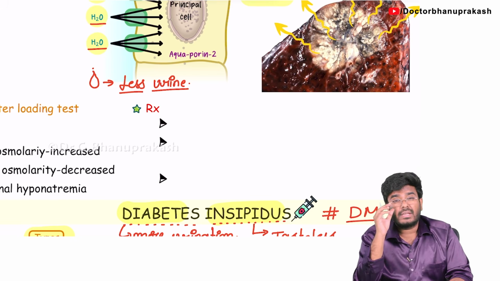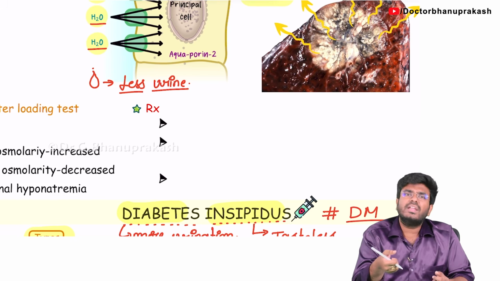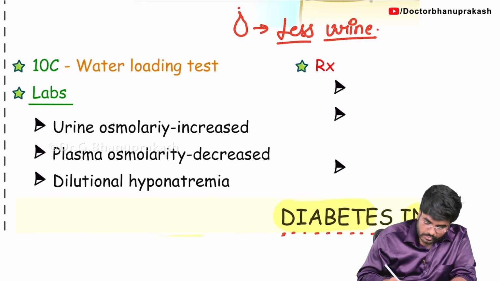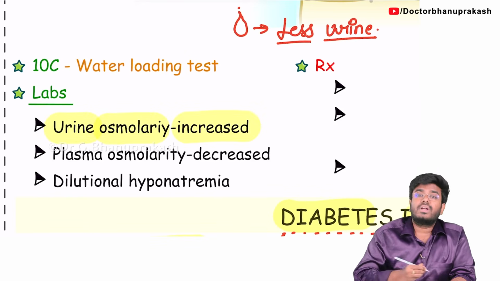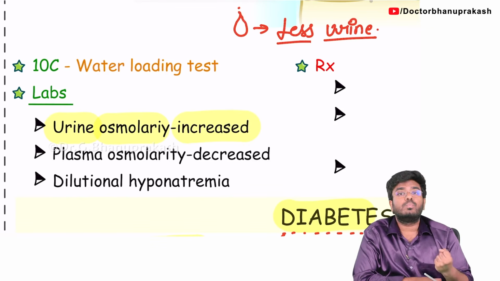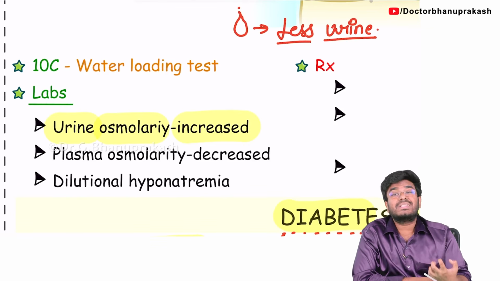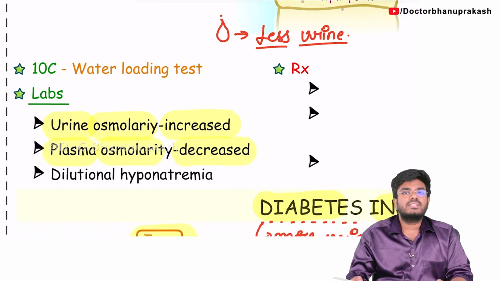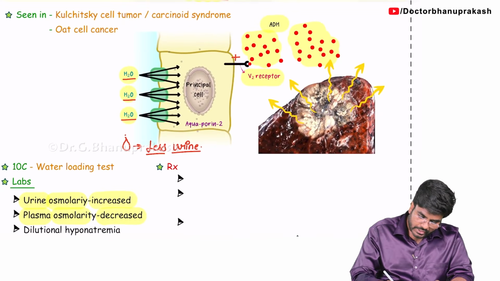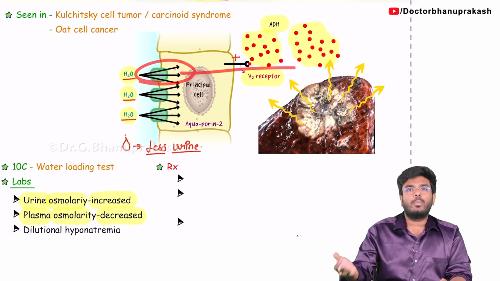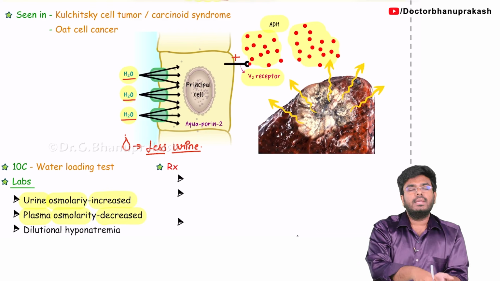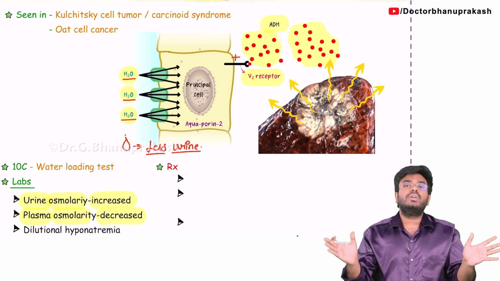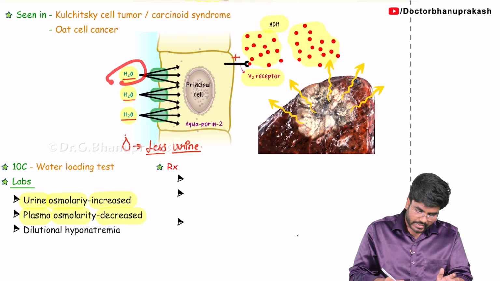And how will this urine be? The urine will be diluted or concentrated? It will be definitely concentrated urine. So, if you look at the lab values, the urine will be concentrated. The urine osmolarity is more. It's like more concentrated urine. But what about the plasma? Exactly opposite. The plasma is getting diluted. Because where do you think all this water will go? All the water is going back into the body, making the plasma diluted, making the sodium levels in the plasma diluted. You understand, right? So tell me, where is all this water going?